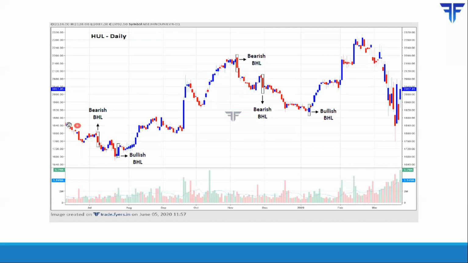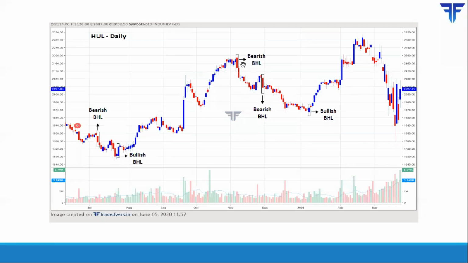One good thing to note over here is that this bullish belt hold line is appearing after a downtrend. So it's a much more powerful pattern to act on as compared to the bearish belt hold line, which appeared over here, but after a weak uptrend rather than a strong uptrend. So this is a much higher conviction pattern that you can act upon. As you can see in the subsequent days, price rallied very sharply. The low of the bullish belt hold line was never broken in the next several days. What is interesting to note is that this entire uptrend that started following the emergence of the bullish belt hold line ended with the appearance of a bearish belt hold line, as you can see over here.